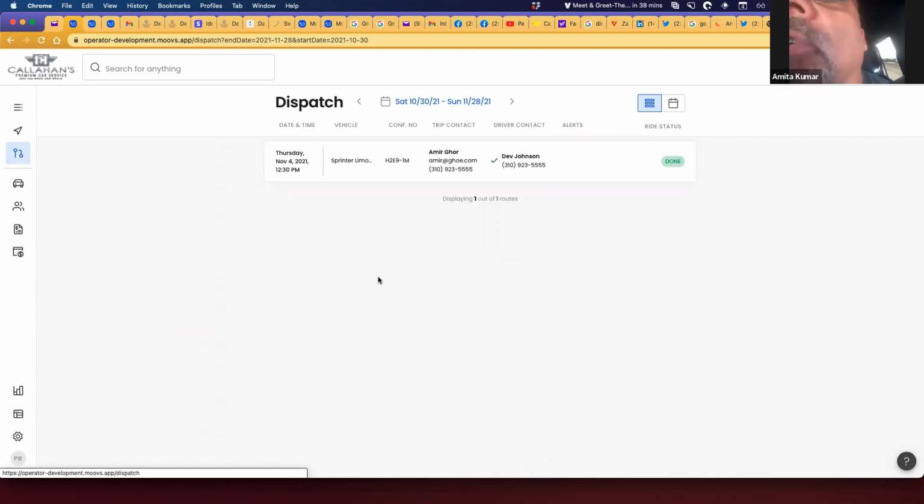Speaking of flights, is there a way that the system can automatically modify the pickup time according to the flight information? So say a flight originally was supposed to be in at 6, now it's arriving at 6:30, that the system automatically updates the pickup time to 6:30, or vice versa. If it comes in early, the system automatically kicks it back to 5:30 or whatever. That way, you don't have to go in there. Because a driver's going to see 6 o'clock, he's going to get the text message an hour before the run, and the flight's coming in early at 5:30, and he's not going to have enough time to get there.